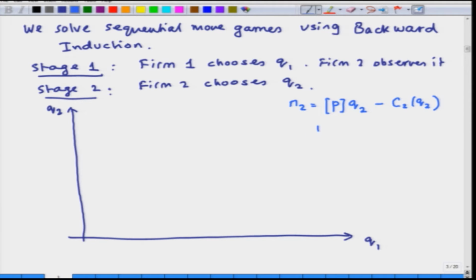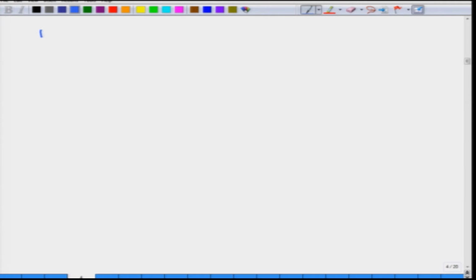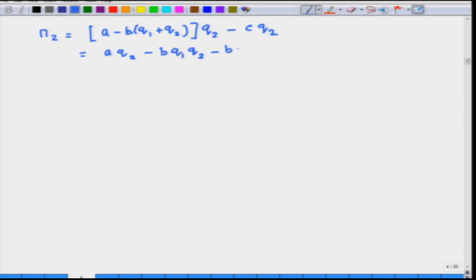and the inverse demand function P is equal to A minus B times (Q1 plus Q2), and the cost of firm 2 is simply c times Q2, where little c is the marginal cost. So, if I were to write down firm 2's profit function, it would be (A minus B times (Q1 plus Q2)), which is the price, times the quantity, minus the total cost, which is c times Q2. Right. So, this is A Q2 minus B Q1 Q2 minus B Q2 squared minus c Q2,